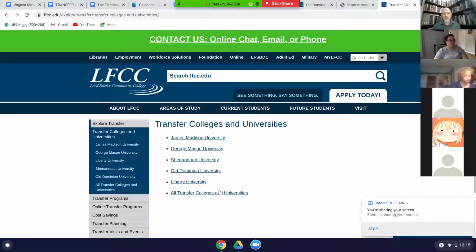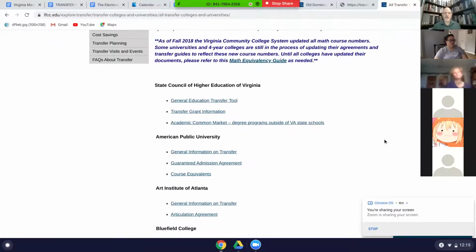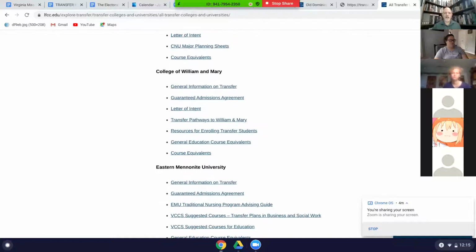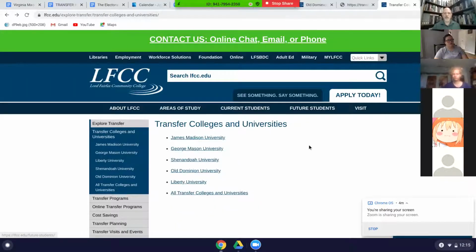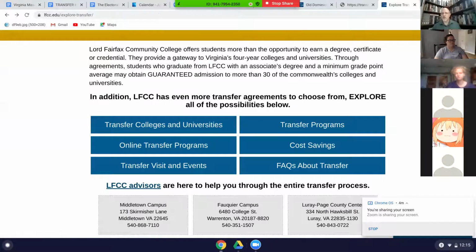If you want to look around at some other places, just go there and you can scroll down, and there's all kinds of other colleges that have the same information. So this is a really handy part of the website for you to go to, because it gives you pretty much everything you're going to want to know about any of the colleges in Virginia, and a couple that are close to us right across the border over in West Virginia. So those are really good things for you to